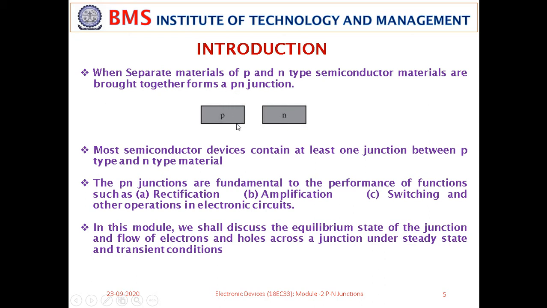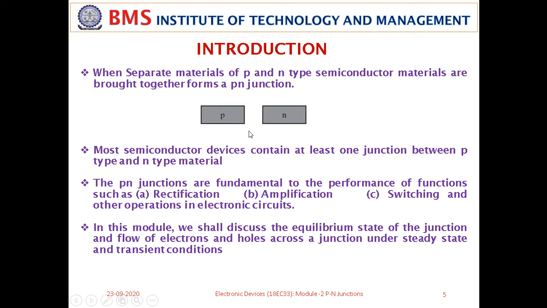Because here the negative acceptor ions will be in a position to attract electrons from here, and here the donor ions will attract holes from this place. That means the electric field creates again a current called drift current. In the very beginning you have seen the diffusion current, because there is a concentration gradient: electrons are majority here, minority there, and holes are majority here, minority there. Due to the concentration gradient you have seen diffusion current.